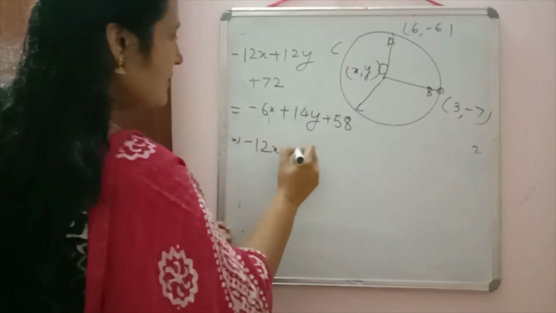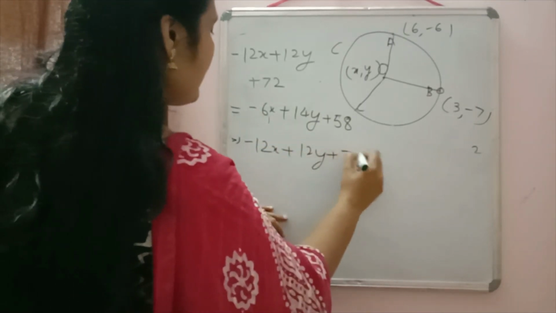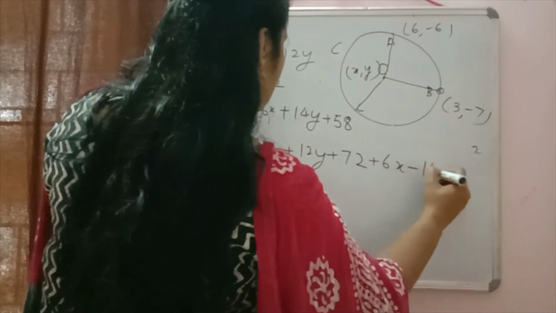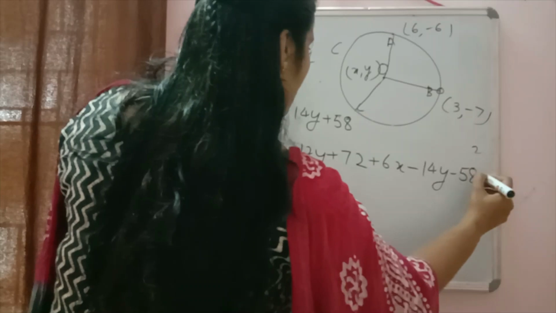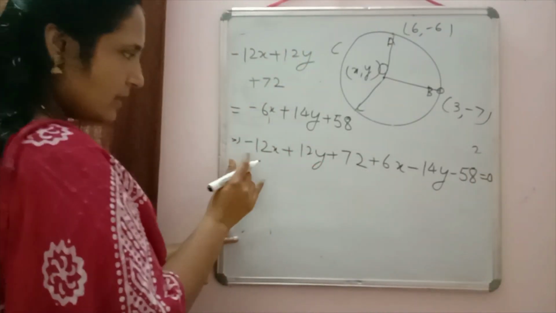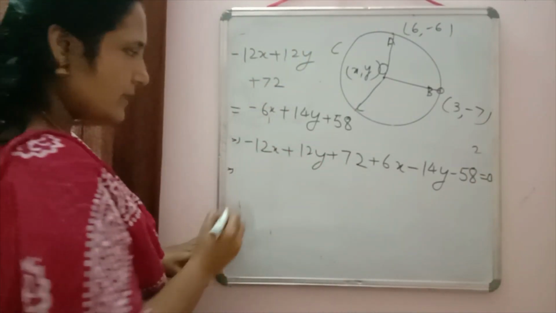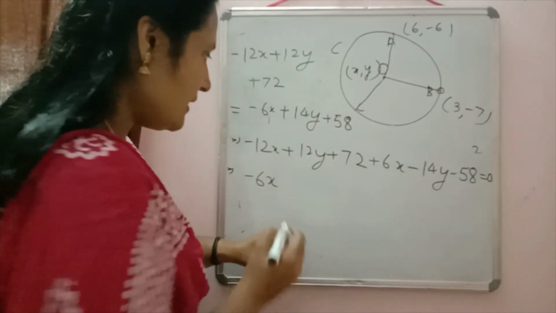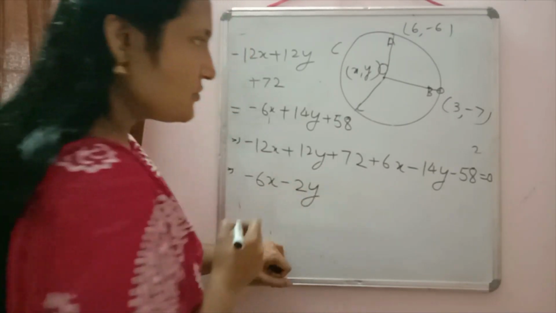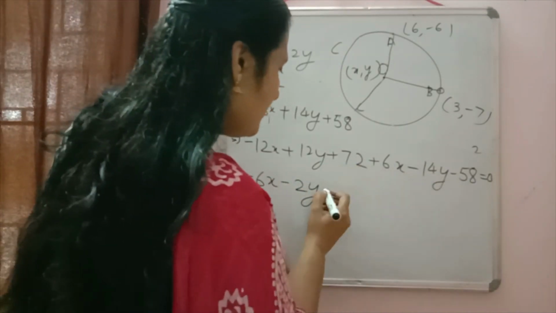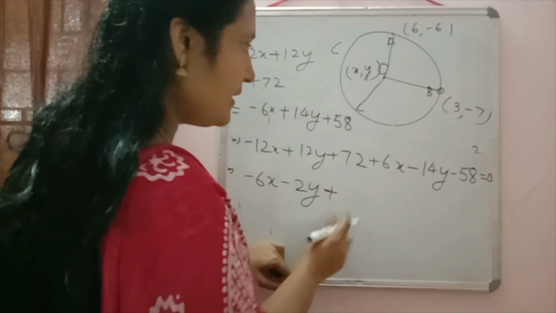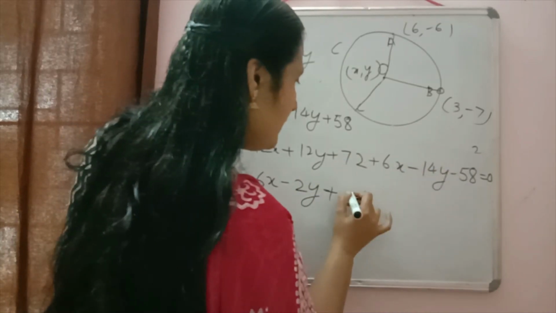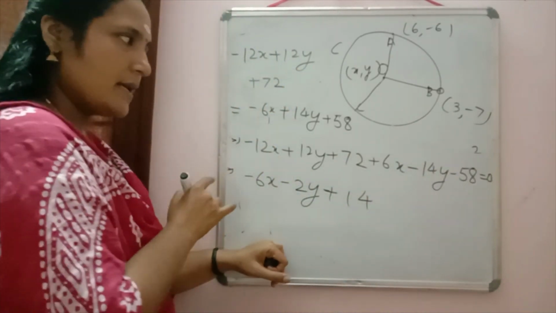Minus 12x plus 12y plus 72 minus 6x will become plus 6x minus 14y minus 58 is equal to 0. Minus 12x plus 6x will be equal to minus 6x. 12 minus 14 will be equal to minus 2y. Then 72 minus 58 will be equal to 12 minus 8, 4, 6 minus 5, 1. Correct? 12 minus 8, 4